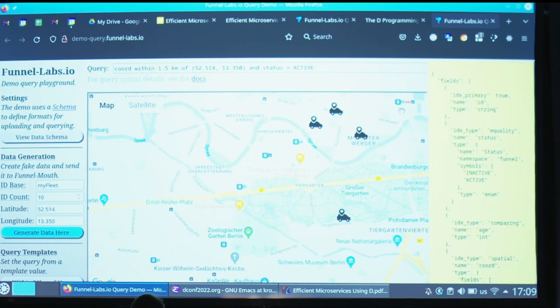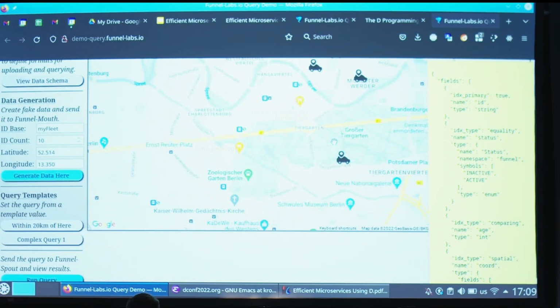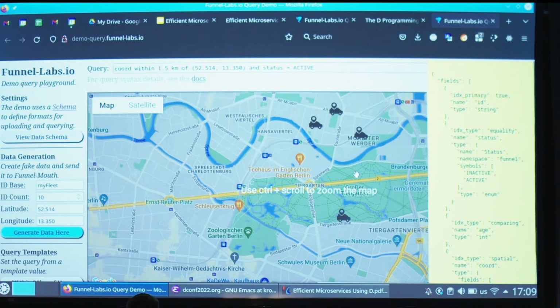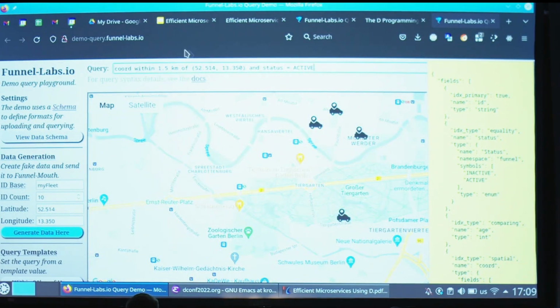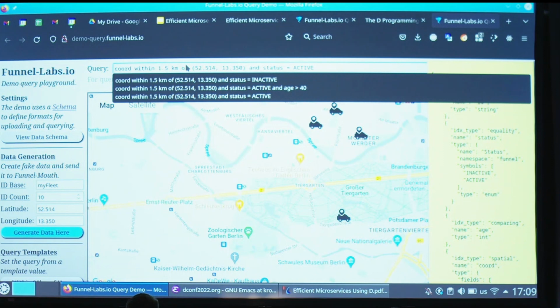And then when I want it to be indexed, I just add a JSON attribute. This is a primary index. This field is an equality index, which means I can do this field is equal to this value comparisons. And there's also a comparing index, and then there's a special type called a spatial index. What a spatial index does is it powers things like, spatial is implied to be on the surface of the Earth. So I can say things like within 1.5 kilometers of a given latitude, longitude coordinate. And you can combine them using and, or, whatever.